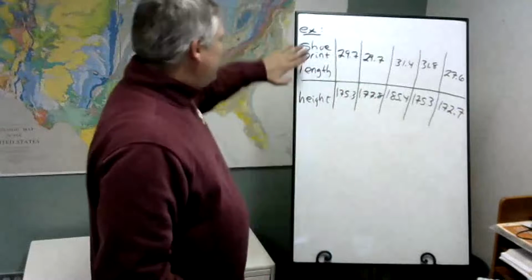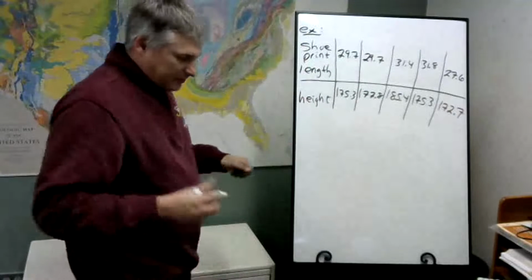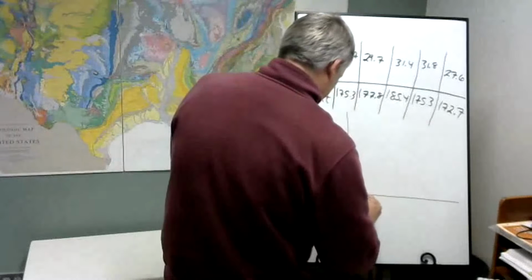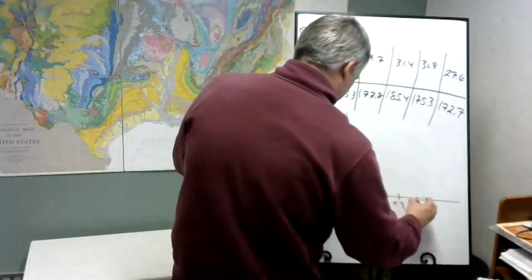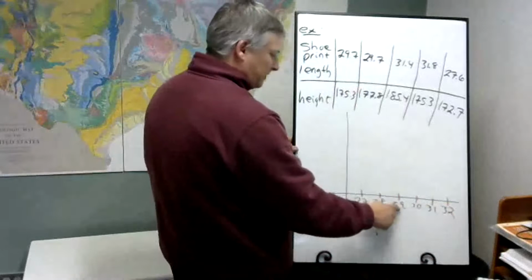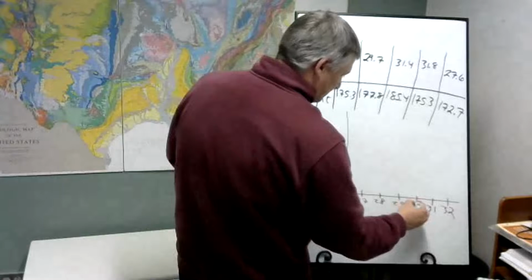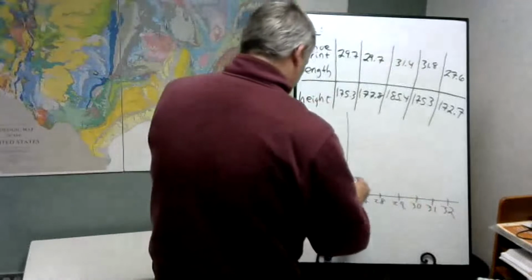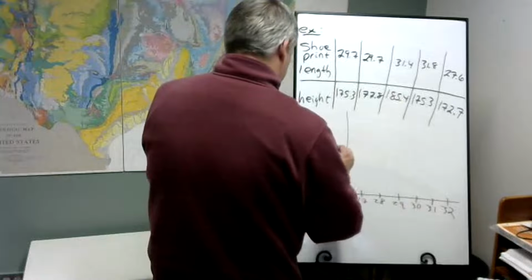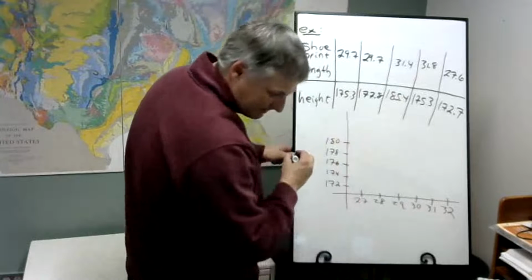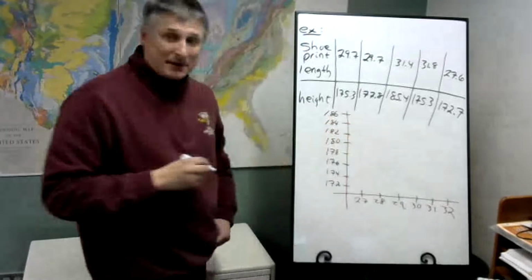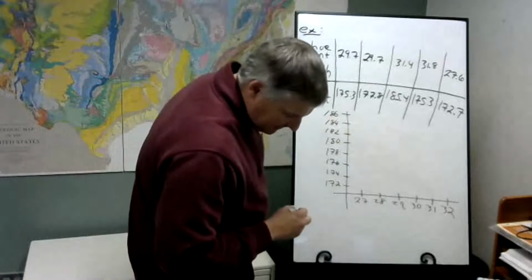So we got our 5 pairs. This could be X and this could be Y. So if we graph these, 27, 28, 29, 30, 31, 32. 172, 174, 176, 178, 180, 182, 184, 186. So if we graph these, and again, I'm going to be very approximate here,